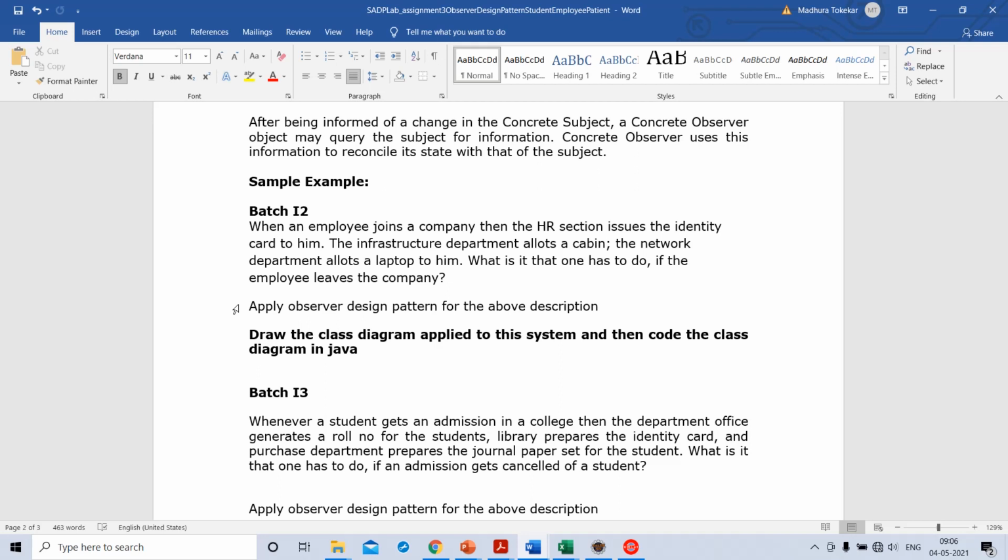That is what you will be doing. So probably you need to pause the video over here for a while. Imagine what you will identify as the subject and as observers, and then you will go ahead. Okay, so this is so far as the I2 batch is concerned.